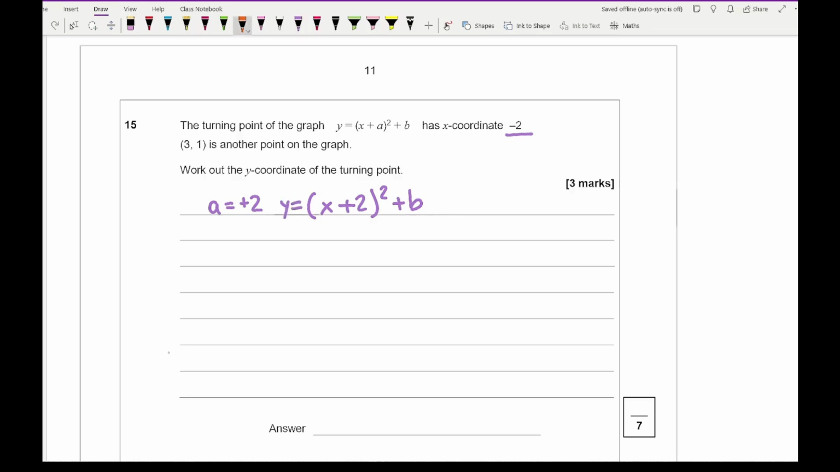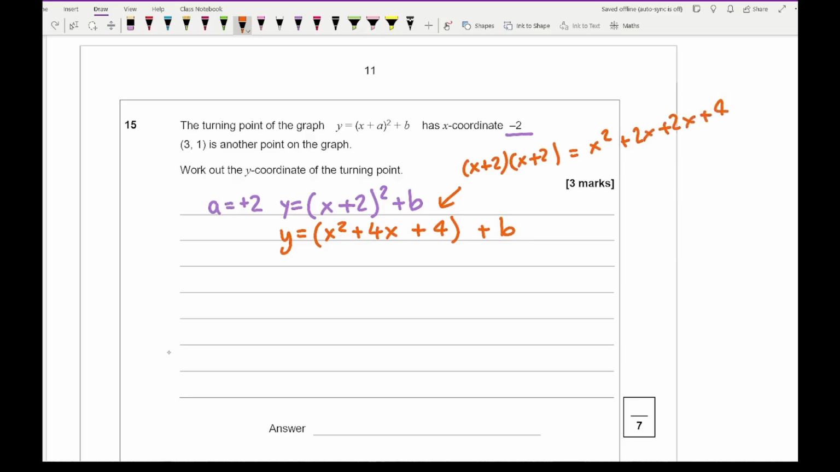So then if I expand this out, I end up with y equals x squared plus 4x plus 4 plus b. And the reason why I've got this is because x plus 2 times x plus 2 gives x squared plus 2x plus 2x plus 4, which ultimately will give me what I've got in the brackets. Now, I know the coordinate that lies on the line, which is (3, 1). So if I substitute x equals 3